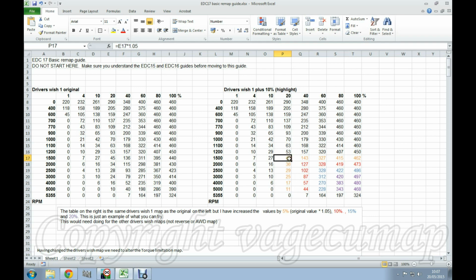In other words, all the orange numbers, assuming your screen shows them as orange, are 5% increased. And then all the red ones have been changed by 1.1, so they're 10% increased. The blue ones, as you can see, are 15% increased, and finally this little block here has a 20% increase. It doesn't matter how you choose to do this. I mean, you can decide that what you want is a sudden 20% increase right here, and that's it, job done.